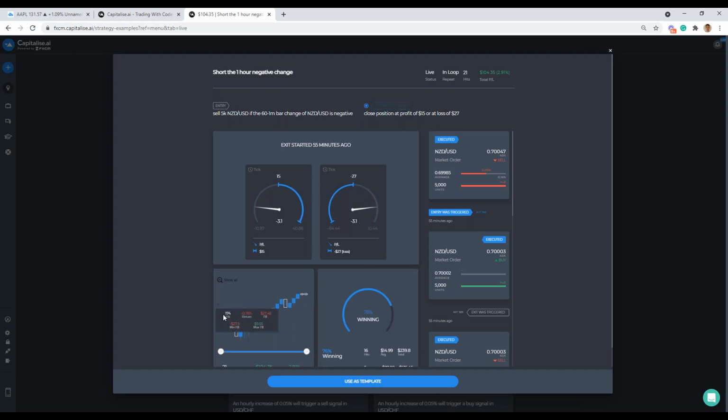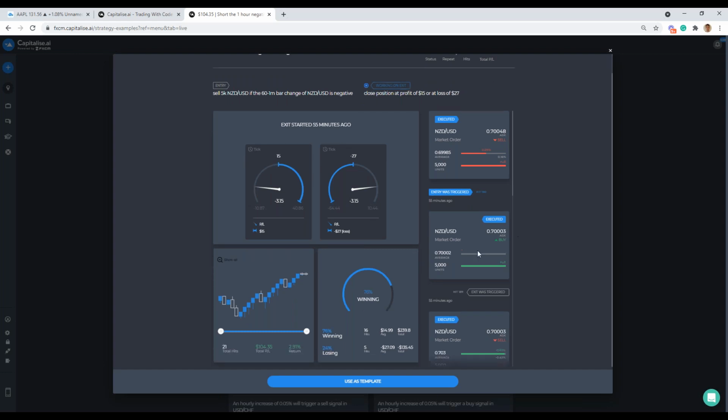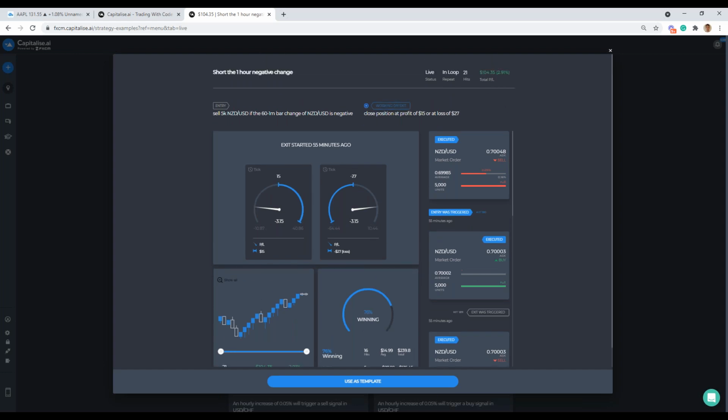Here is our trade chart. We have our winning and losing ratio, and we have our notification panel. You can see the total P&L and so on. And if you like a strategy here,